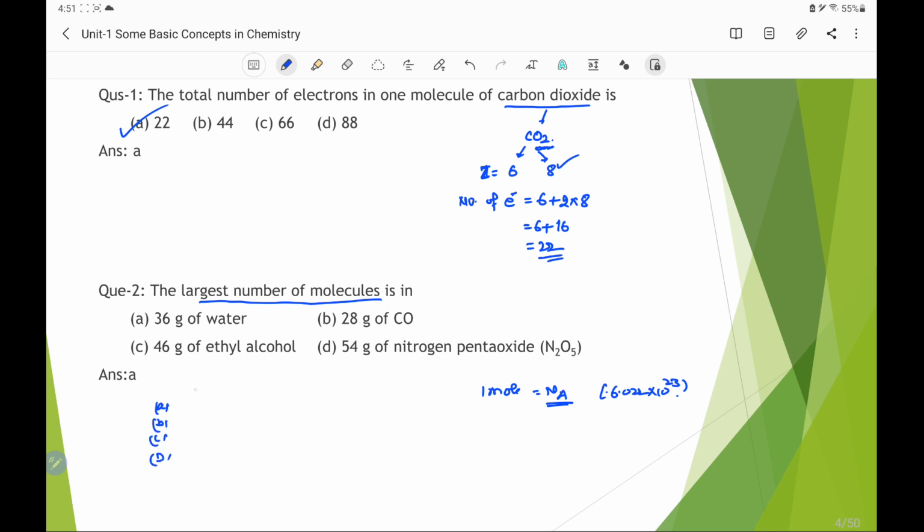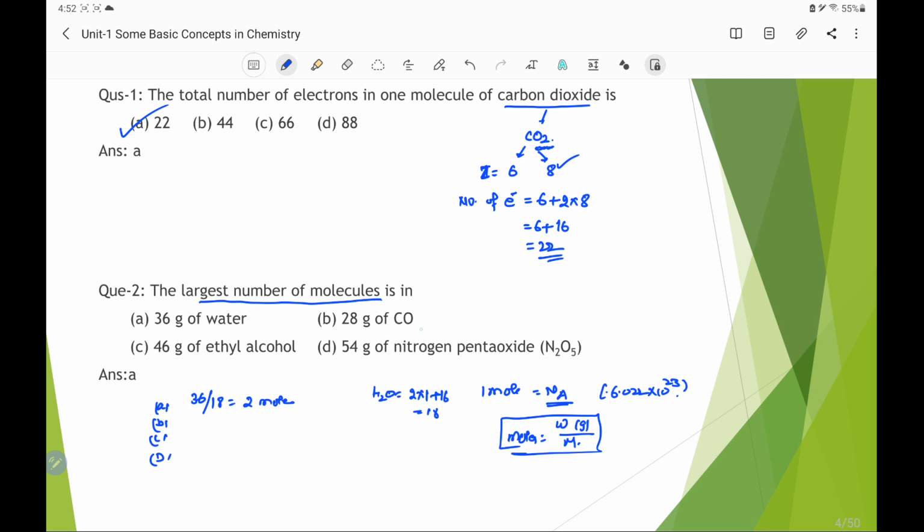This is 36 gram of water. So the sample weight in gram is 36, because we have already written that moles equal weight in gram divided by the molecular weight. This gives the number of moles. So 36 gram is the weight, and H2O has the molecular weight 2 × 1, that is the mass of hydrogen, plus 16, the mass of oxygen, so it is 18. So 36 by 18 means it contains 2 moles of water molecules.